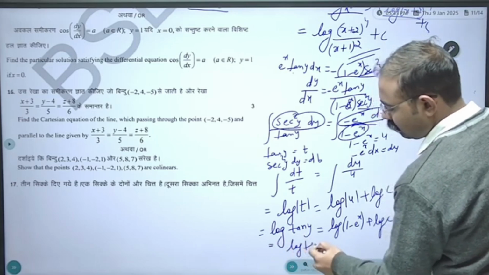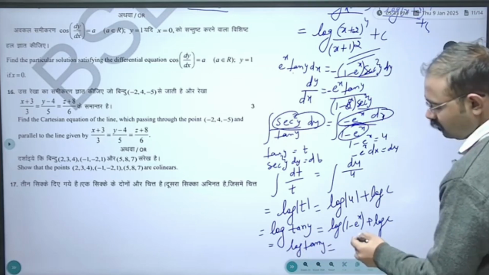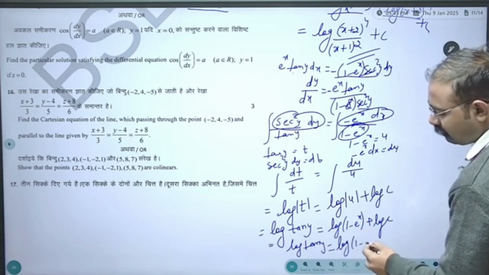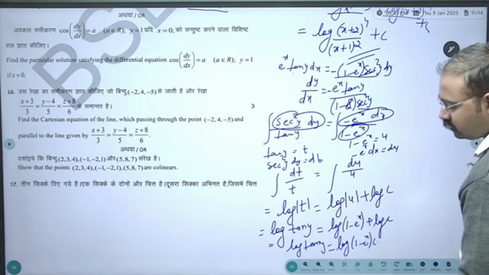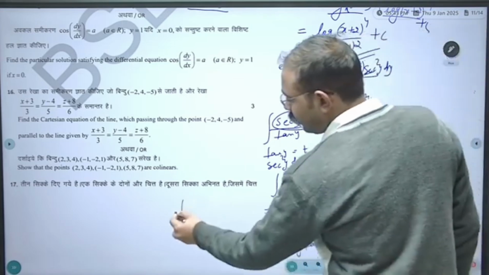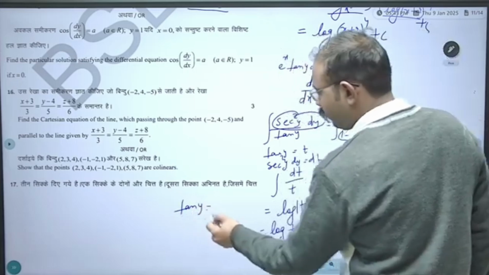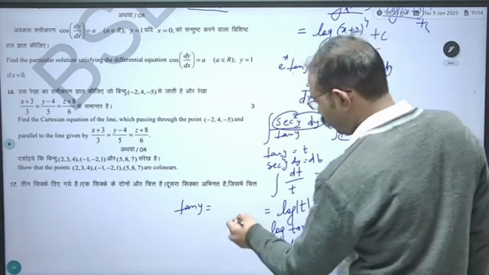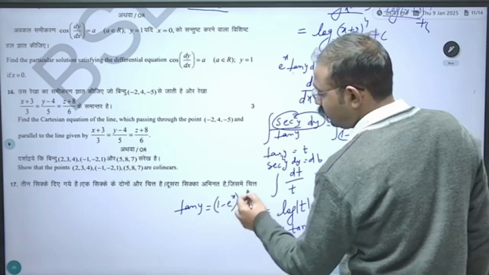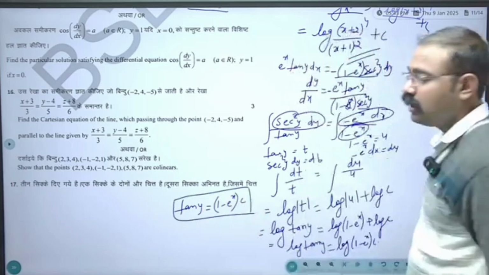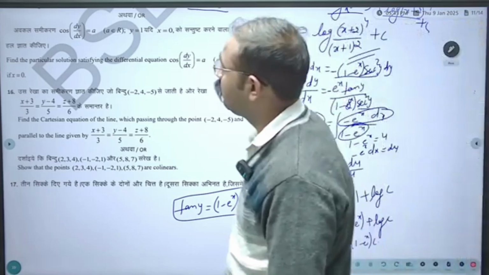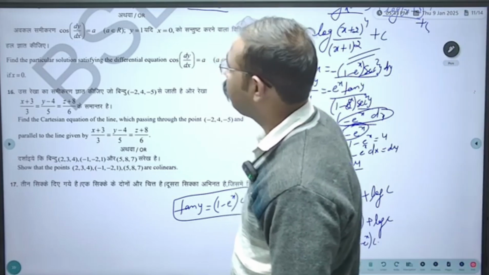Log 10y is equal to log a plus log b, then log ab (1 minus e raised to the power x) into c. By removing log from both sides, 10y is equal to 1 minus e raised to the power x into c. This is our required solution of the given linear equation. Its next part is